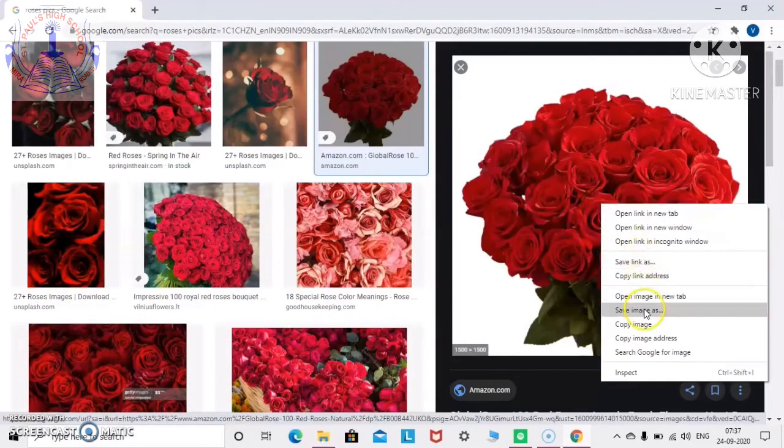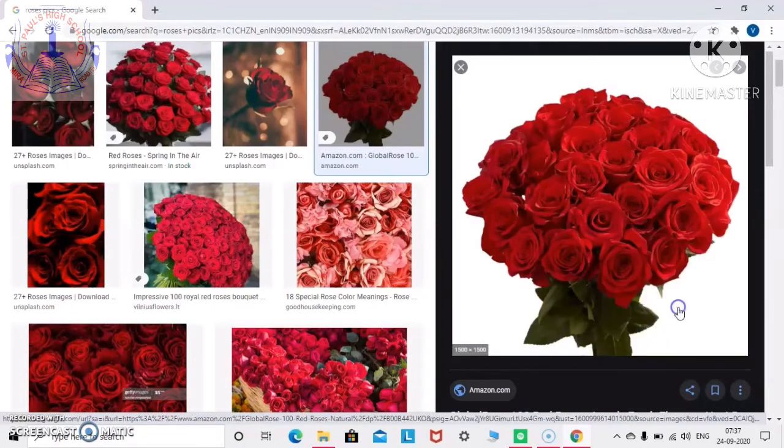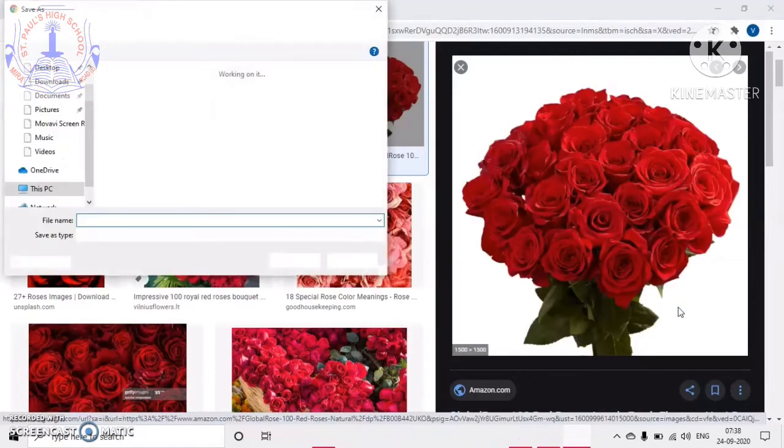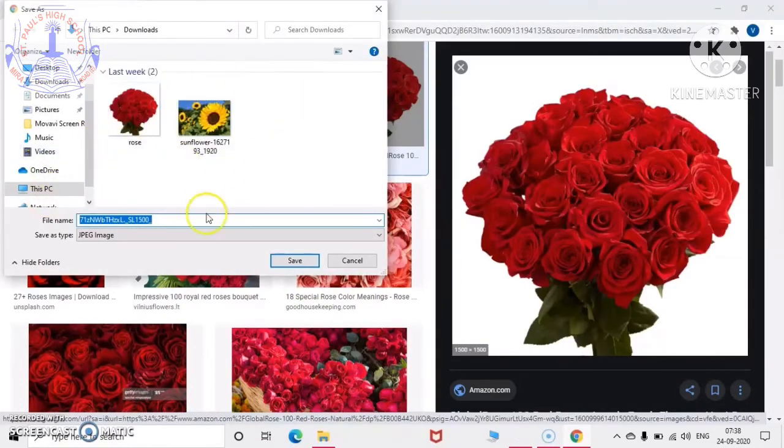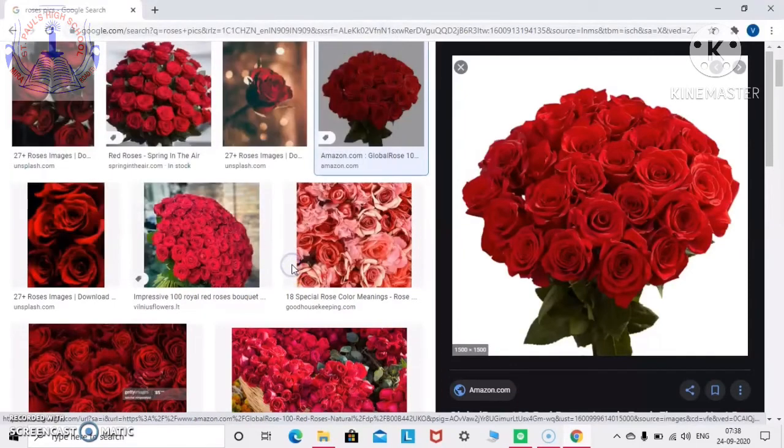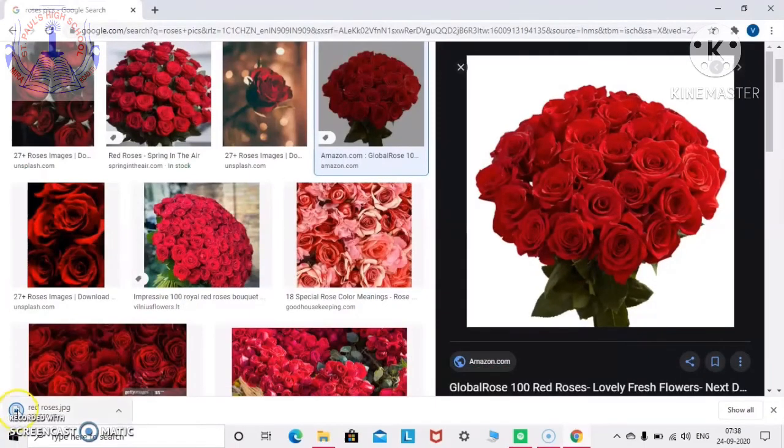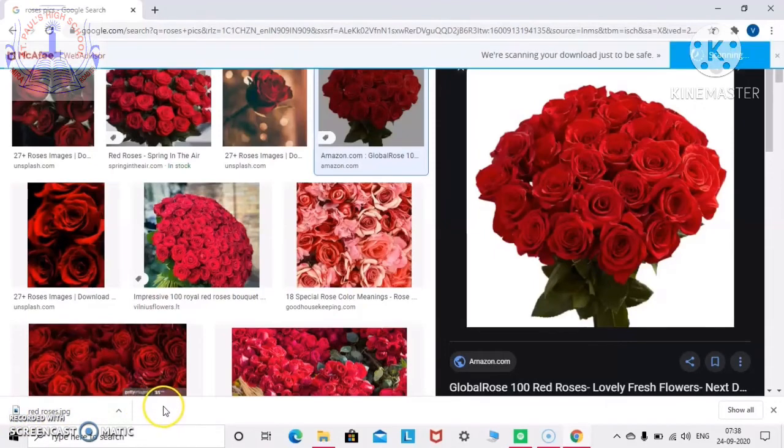Yes, and I'll click on save image as. Everyone can see save image as. So I will click on save image as. And then after clicking on save image as, here you will go to downloads. Whatever you have downloaded will go to downloads. From here, you will change the name. So I will name it Red Roses. I have named the file Red Roses, and from here, save. My picture is getting downloaded over here. See over here, down, my picture is getting downloaded, and my picture has been downloaded.